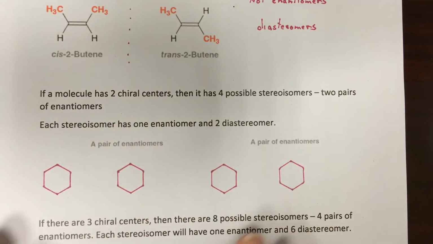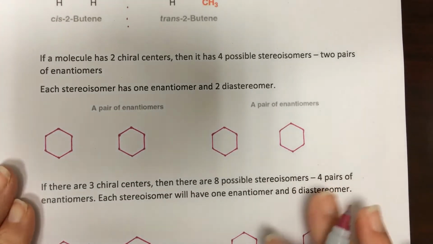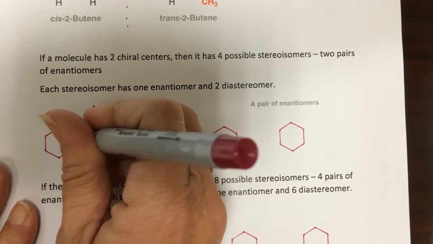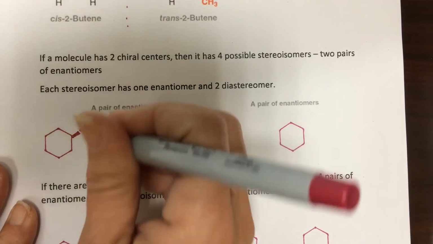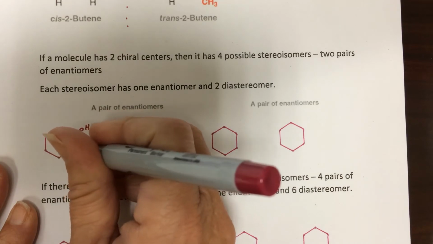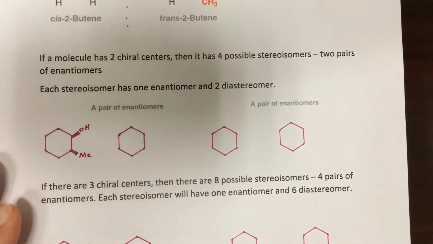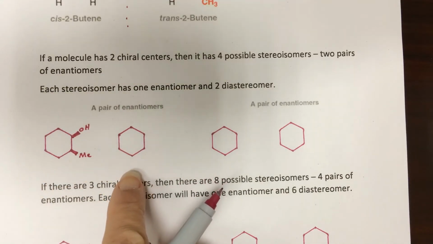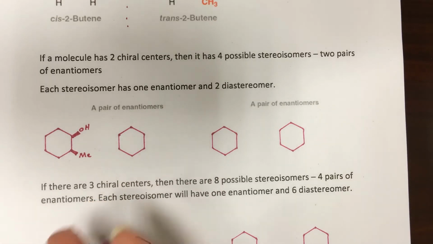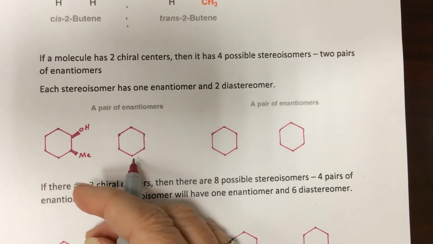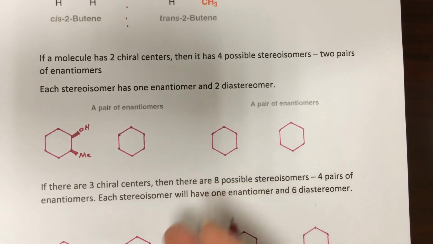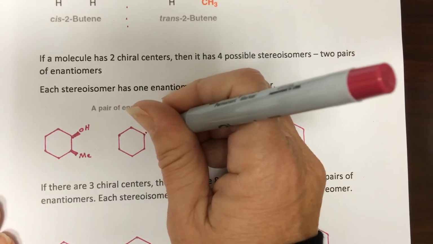So let's look at an example. If we have hydroxy coming toward us and a methyl group coming toward us, we have an enantiomer where in this one, they're both coming toward us. In the enantiomer, they would both be going away from us. Remember, if we're going to draw the enantiomer like the mirror is behind the image, we'd end up with